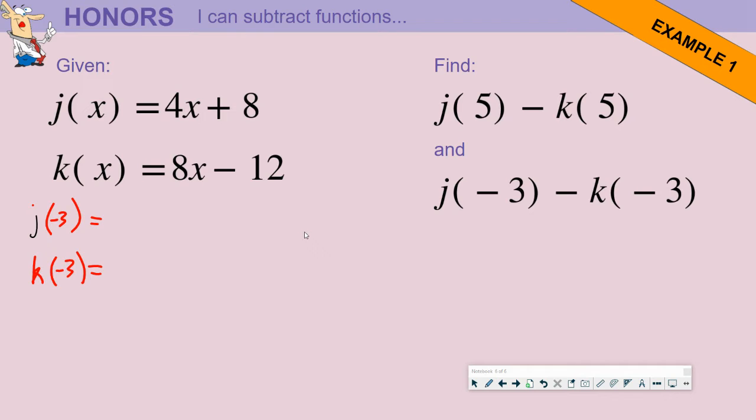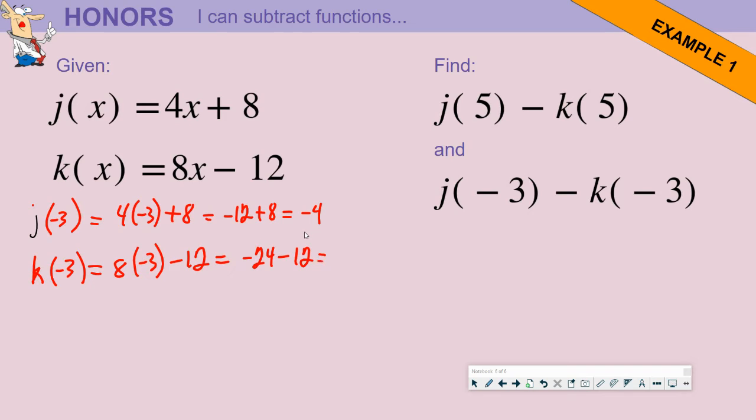So j of negative 3 would give us 4 times negative 3 plus 8, which gives us negative 12 plus 8, which gives us negative 4. And then k of negative 3 is 8 times negative 3 minus 12, which gives us negative 24 minus 12 equals